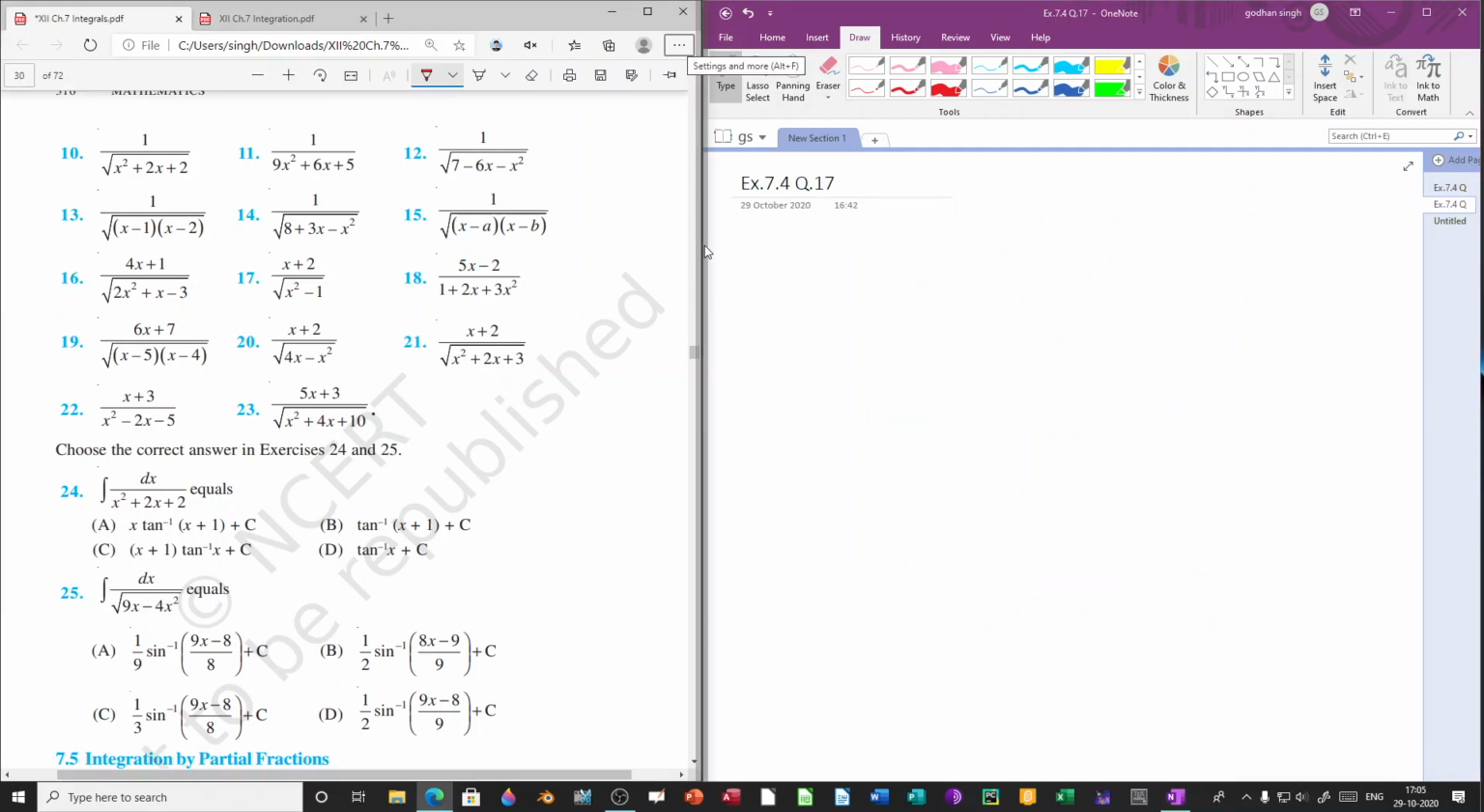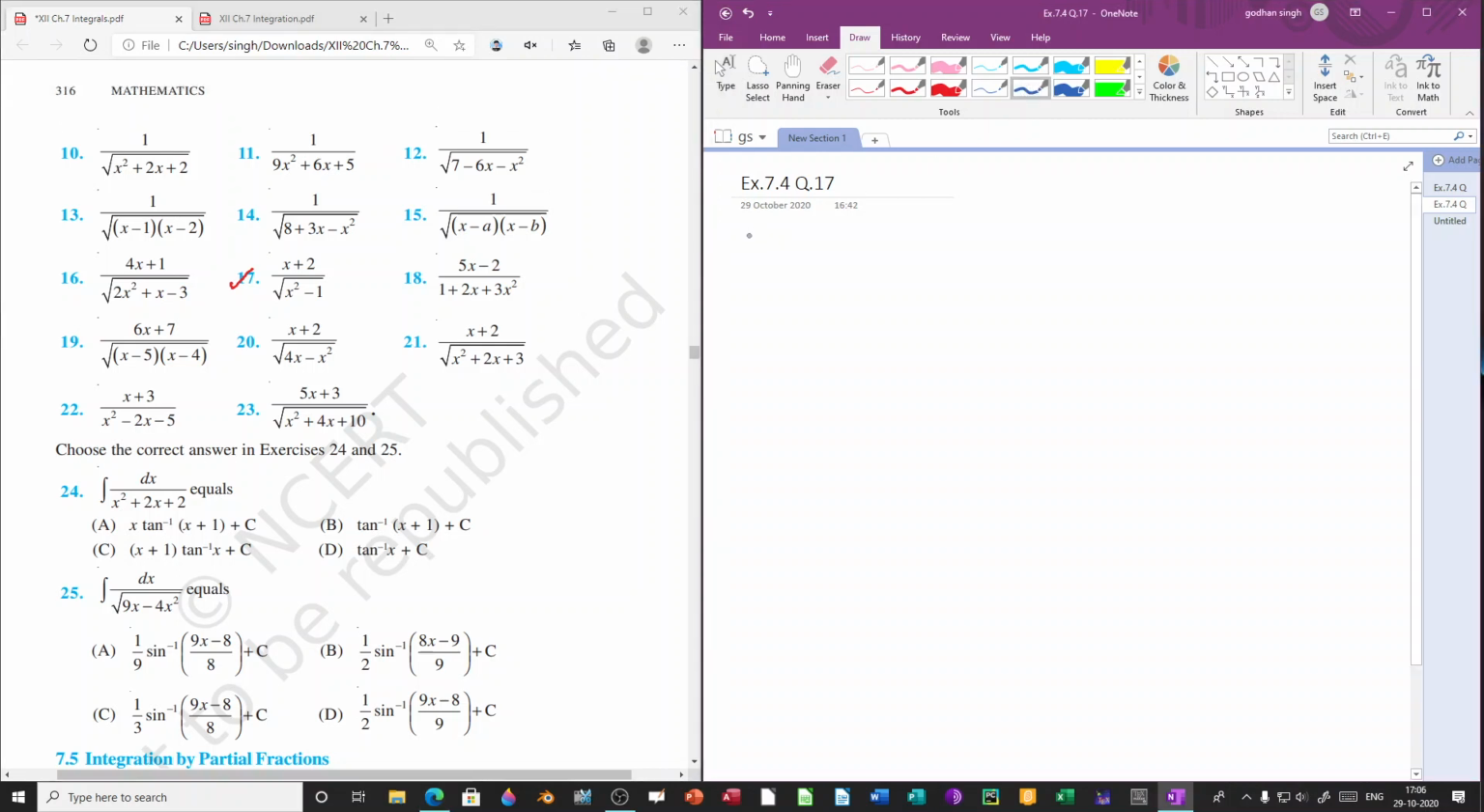Exercise 7.4, question number 17. Integrating x plus 2 over root of x square minus 1. So let's solve question number 17. Solution 17. I equal to integration of x plus 2 over square root of x square minus 1 dx,